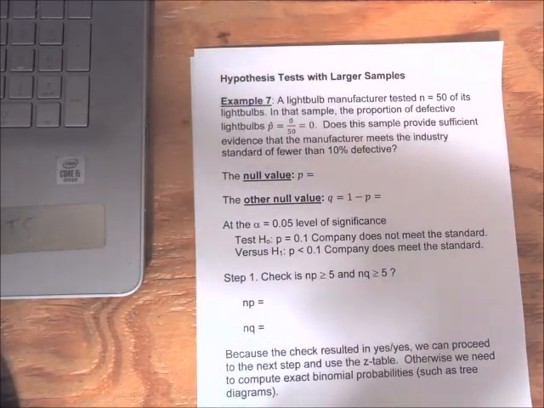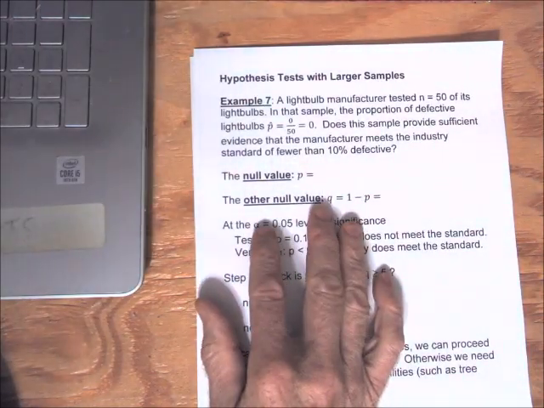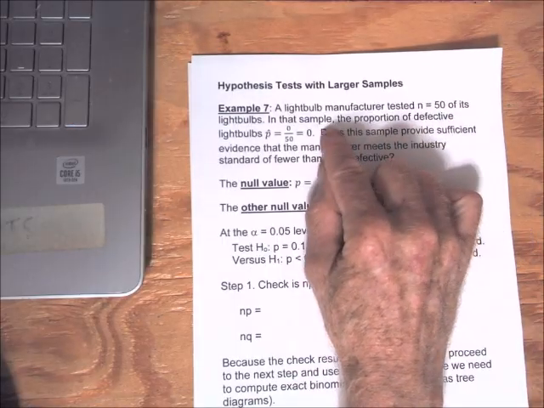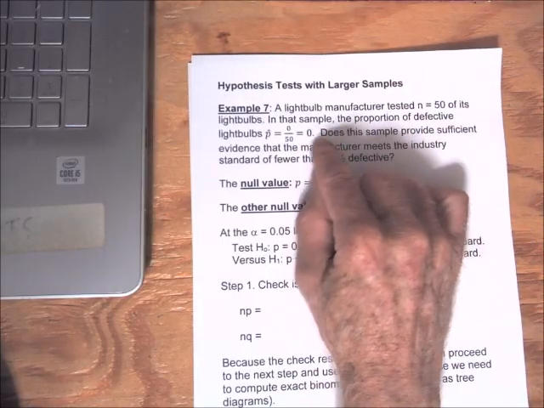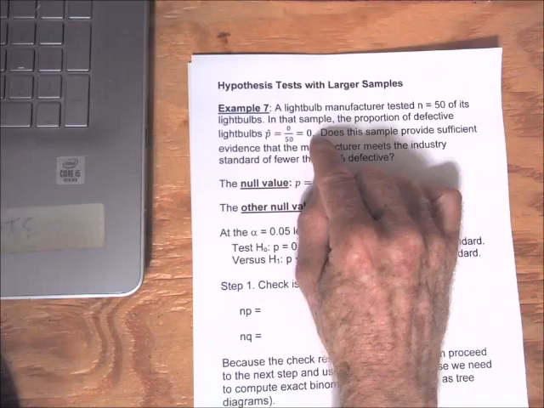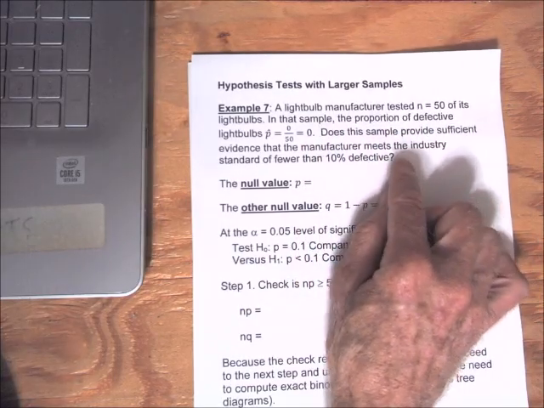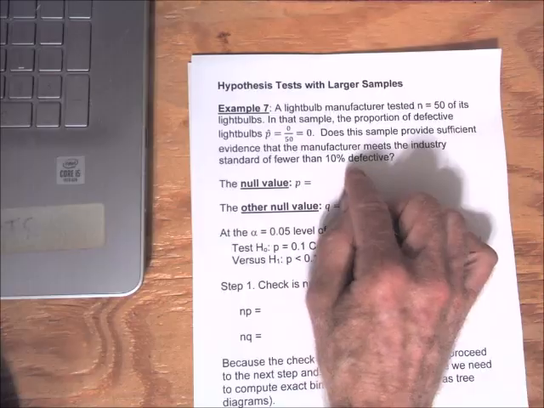Hypothesis test with larger samples, example 7. A light bulb manufacturer tested n equals 50 of its light bulbs, and in that sample the proportion of defective light bulbs, p hat, is 0 over 50, which is 0. Does this sample provide sufficient evidence that the manufacturer meets the industry standard of fewer than 10%